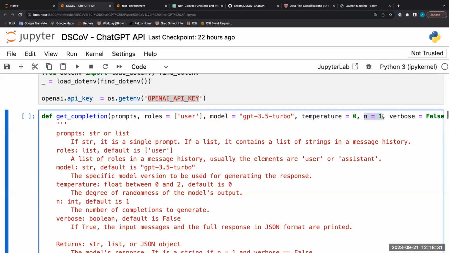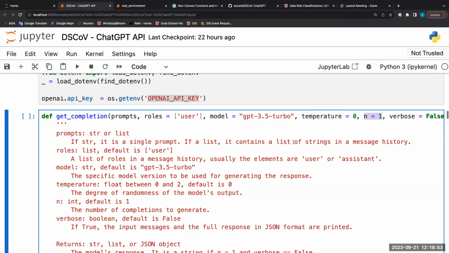N is the number of responses, a number of completions to generate. If you use chat.openai.com, you ask a question, you will only get that one answer, right? With the API access, if you ask one question, you can get back as many answers as you want. You can get back 3 answers, 10 answers.